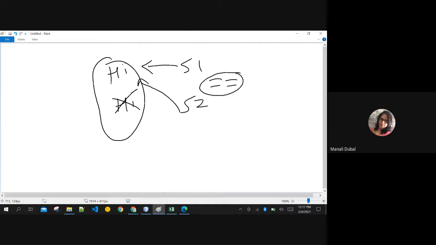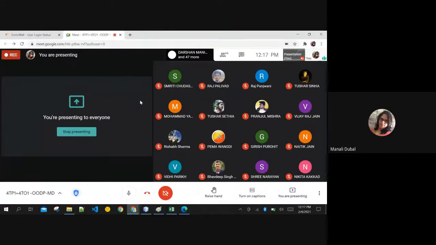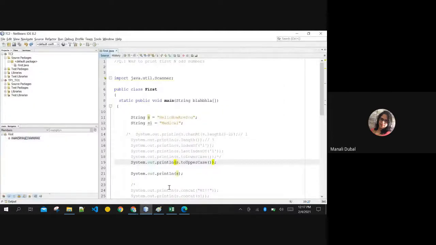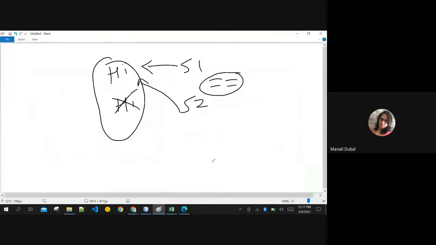What I want to explain to you today is that if you are changing your string to uppercase, it is not changing the value. It is simply adding one more entry over here, "HOW ARE YOU" in capitals, in your pool, because it is in the heap. If it is a repeated value, the entry will not be there in the heap.